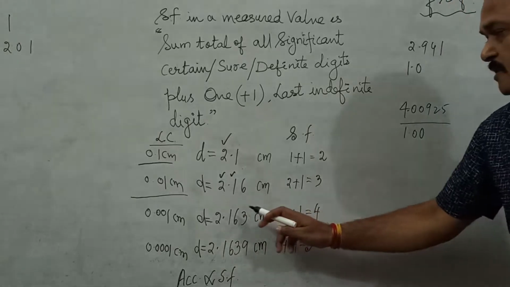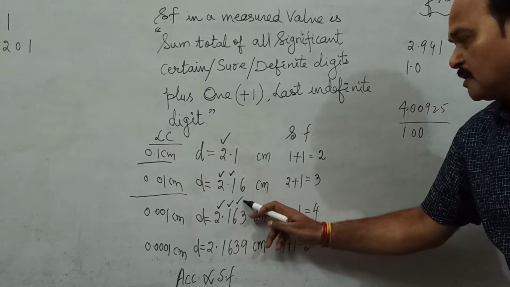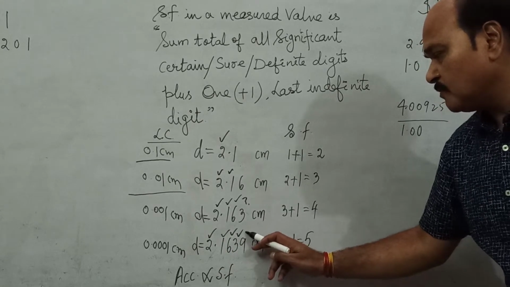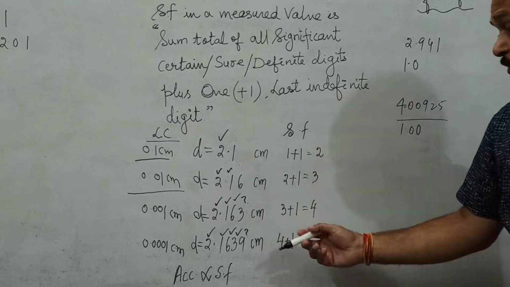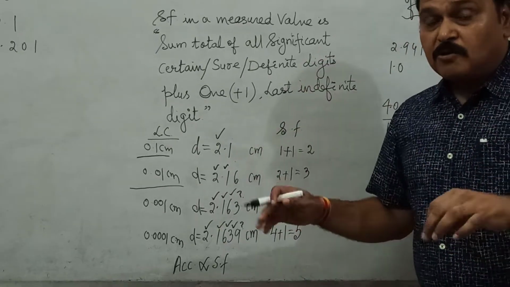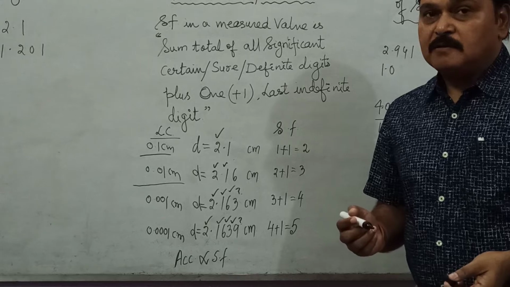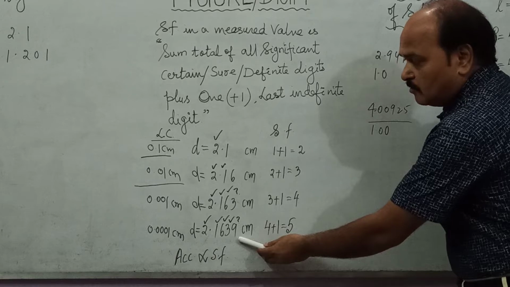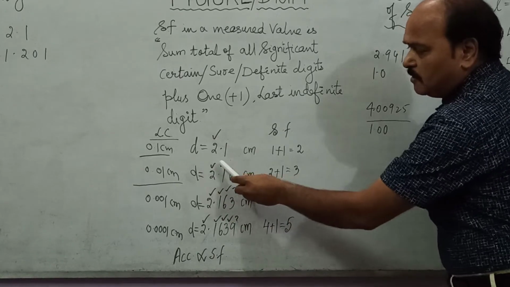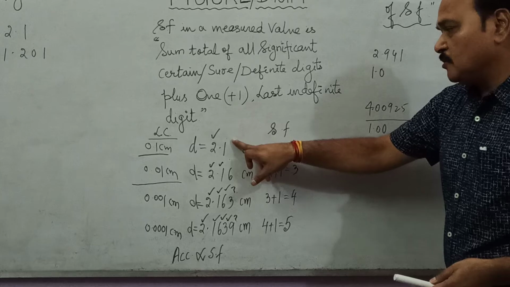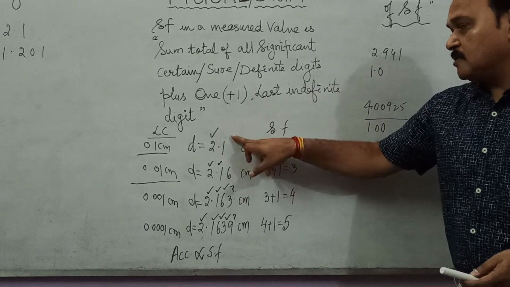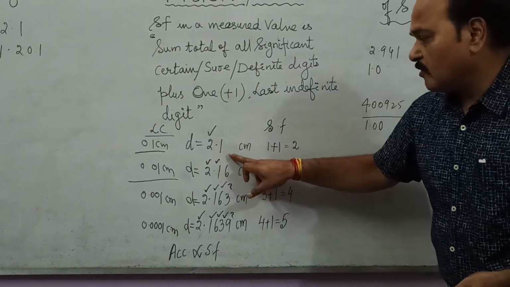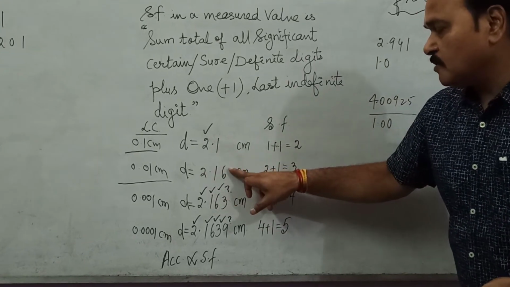Same way here, these 3 digits are certain and this last one is uncertain. Similarly here, all these 4 digits are certain and the last one is what? Uncertain. And whether the last digit is going to remain what it is or not, it depends upon the next digit. So there is always an element of uncertainty with the last digit. Now look at this. In this particular recording, this is sure, this is unsure. So total number of sure and unsure digits is what? 1 plus 1, that is 2. Significant figure is 2. Here in this recording, these two digits are sure and this one is what? Unsure.